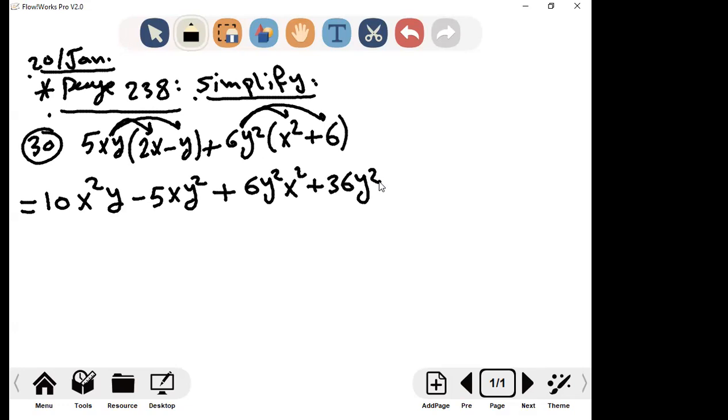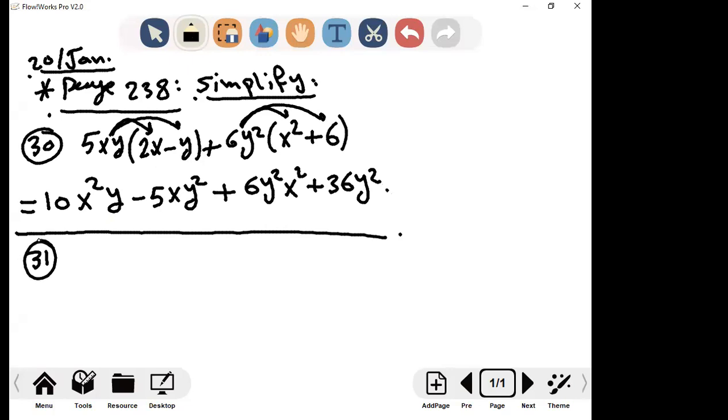Now I will search for like terms. The first term here, we have x power 2y. Do we have x power 2y? We have xy power 2. They are not like terms. So we cannot add, we cannot subtract. Do we have xy power 2? No. Do we have y power 2, x power 2? No. Y power 2 only? No. So no like terms. No like terms. This is the simplest form. Done? Done, guys? Right. Question